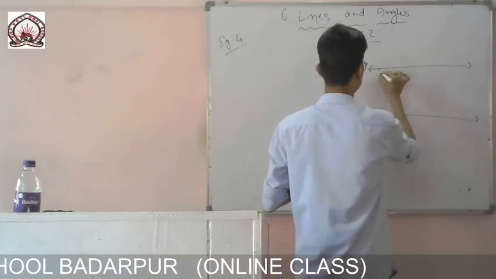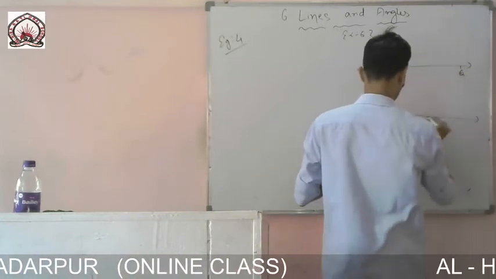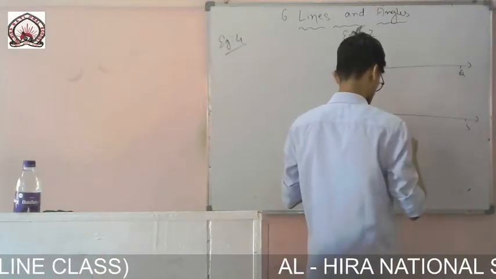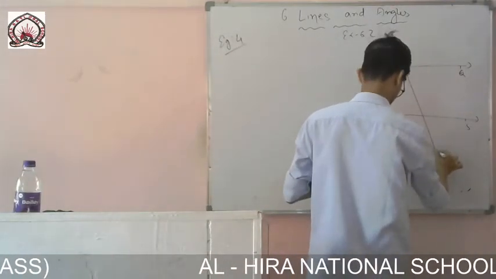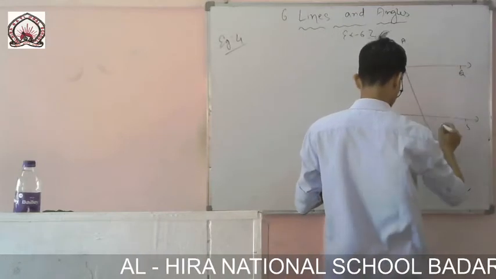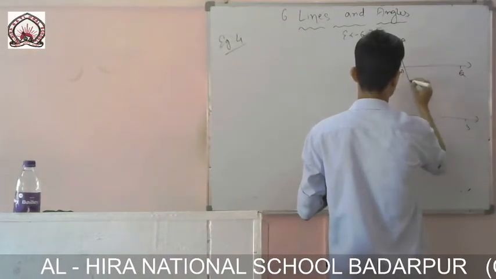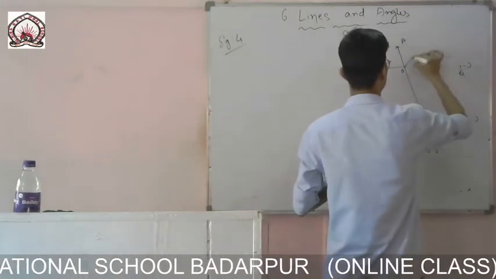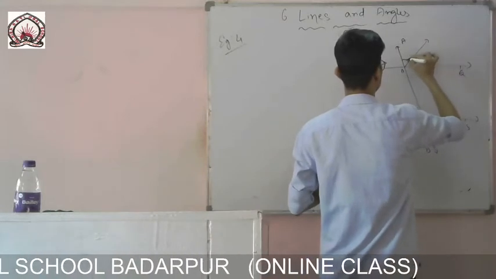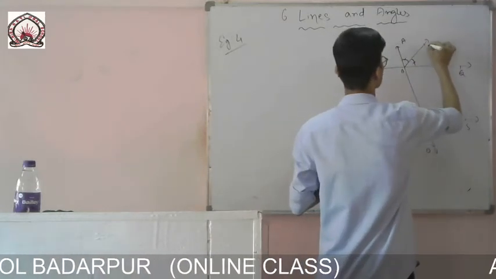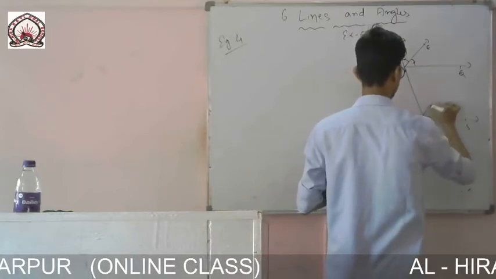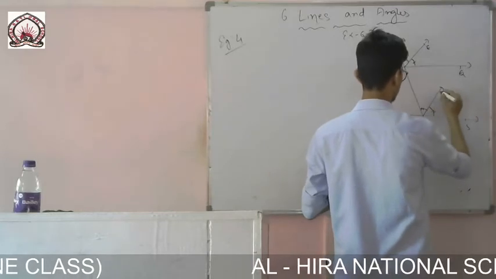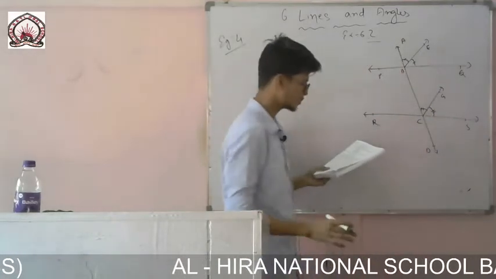So it is given like this: P, Q, R and S. One line is there like this. AB it is given. Sorry, A, B, then C, and the last one is D. These are the angle bisectors. So these two angles will be equal. It is given as E. There is another one given. These two angles are also equal because this line is bisecting them equally. So these are the things given in the question.